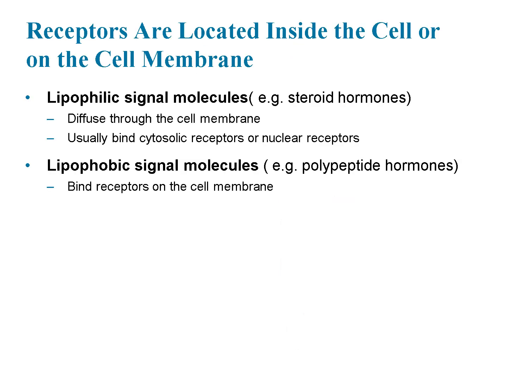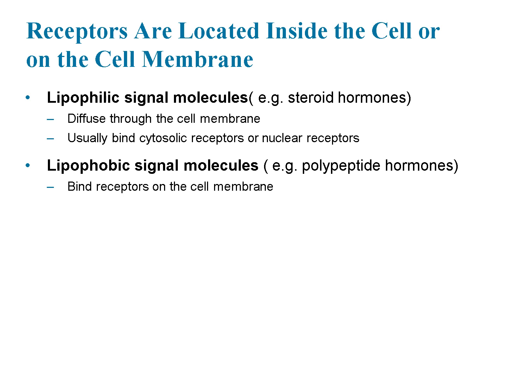Signal molecules can only influence target cells if they interact with the appropriate receptor, but where these receptors are located depends on the type of signal molecule involved. Lipophilic signal molecules, like steroid hormones, are fat-soluble and can easily diffuse through the lipid bilayer of the cell membrane. Once inside, they typically bind to cytosolic receptors found in the cell's cytoplasm or to nuclear receptors within the nucleus. By binding intracellularly, these signals often initiate changes in gene expression, leading to long-term effects like protein synthesis.